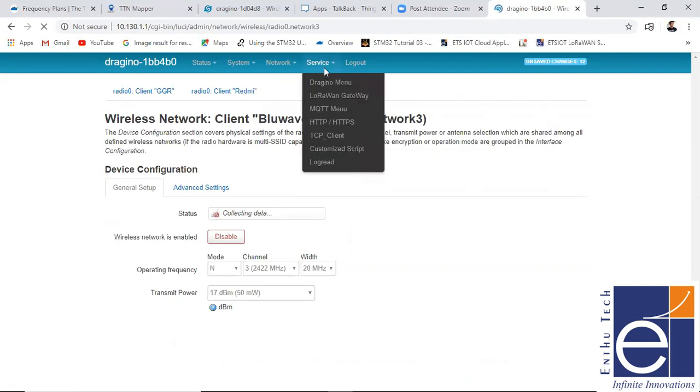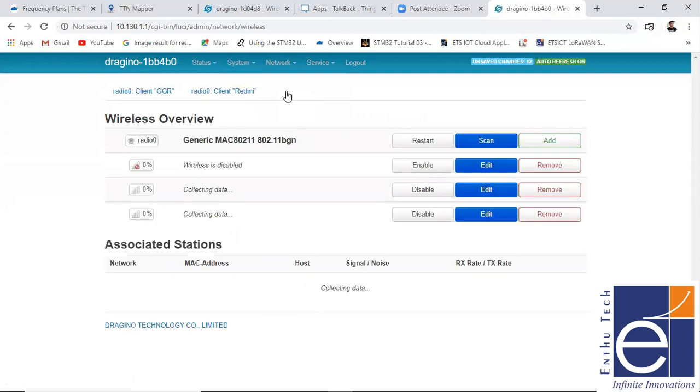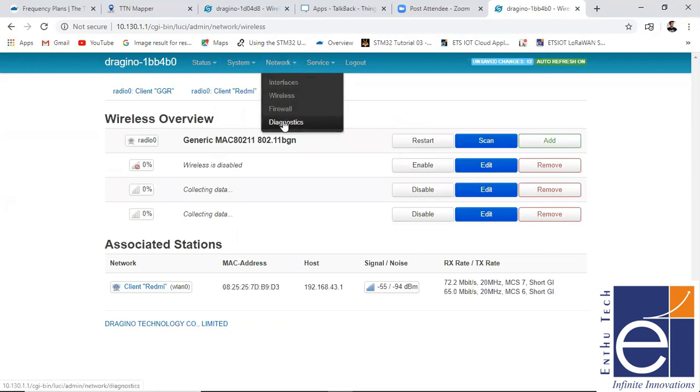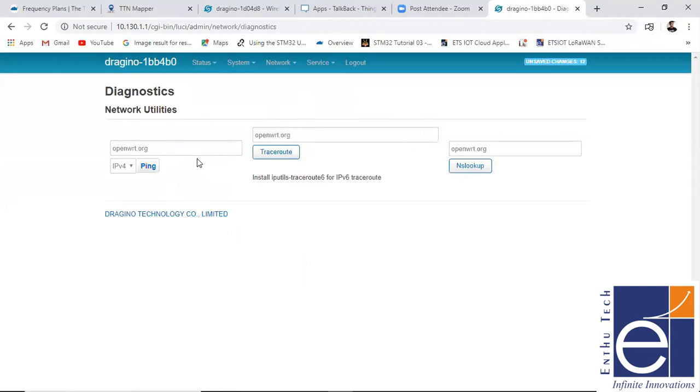After that, just jump into this wireless network. Now you can see that your Wi-Fi is enabled and your gateway is directly connected with internet access. So how can we check it? Go to your Network and go to Diagnostic. In that, just ping it.